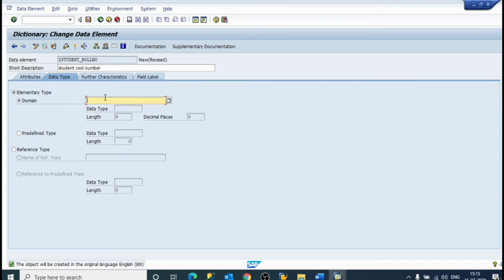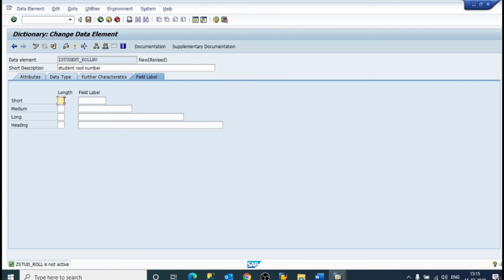Now domain, we have to create a domain. So Z stud. We'll give fields. So first we'll give fields 10, 15 and 20.